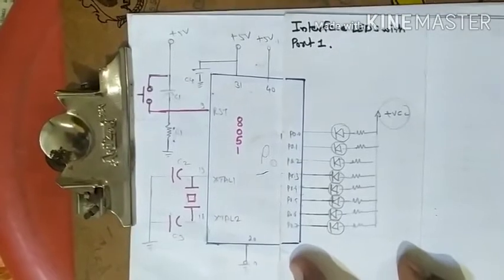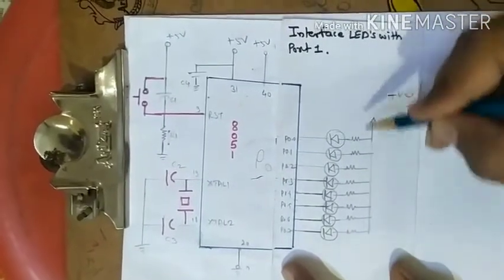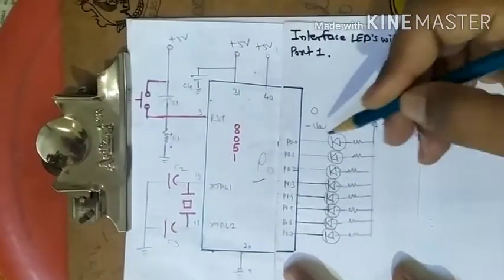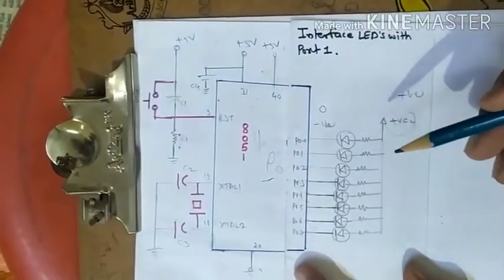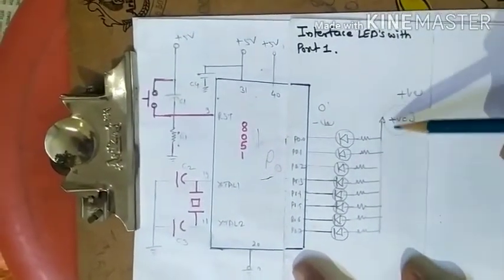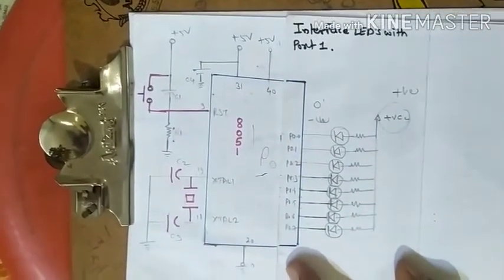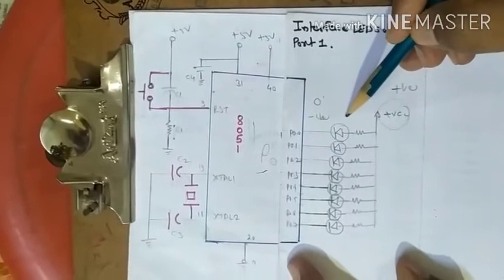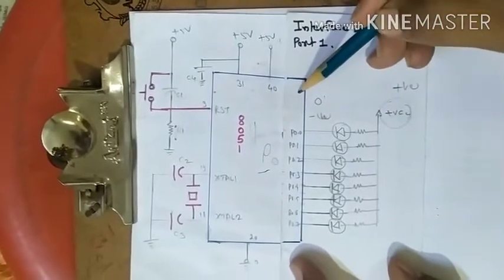Yes, definitely our logic is 0, because we have already given a positive voltage and the LED is waiting for a negative, and that negative is nothing but logic 0, which comes from the 8051. So all these LEDs turn on or glow with the help of logic 0, because we have connected all 8 LEDs in common anode. If you want to change this diagram, you just have to reverse the direction of these LEDs and connect common cathode, give negative here, and wait for logic 1.